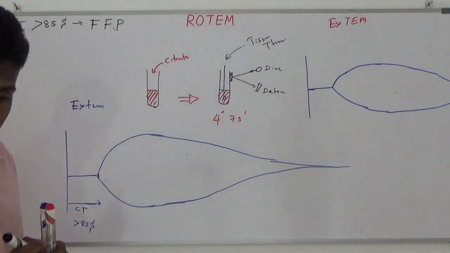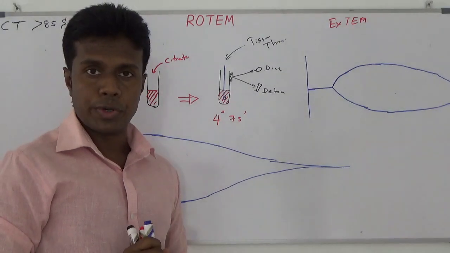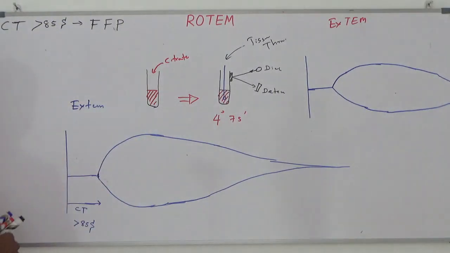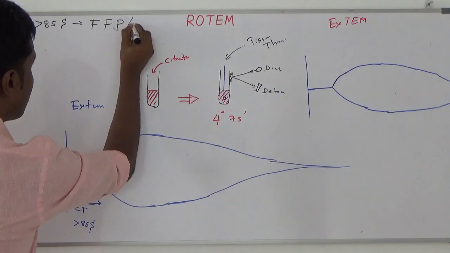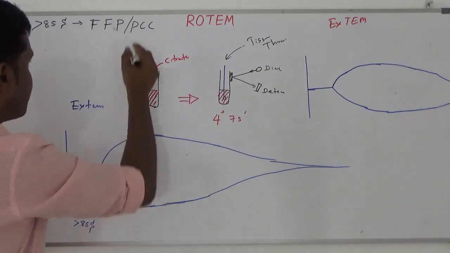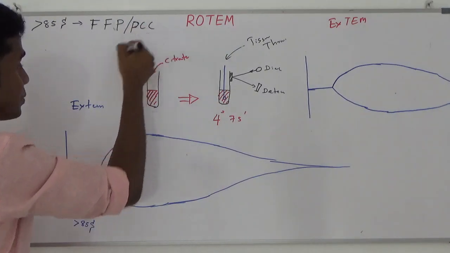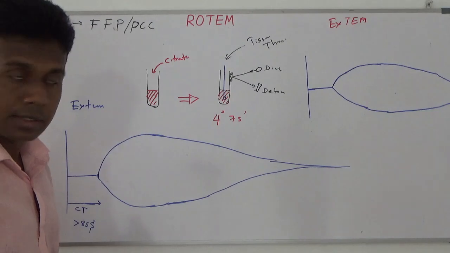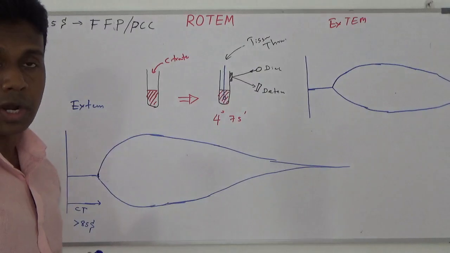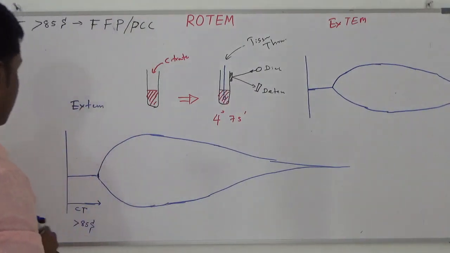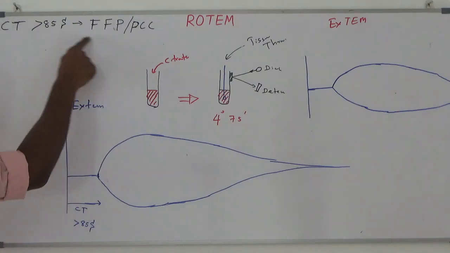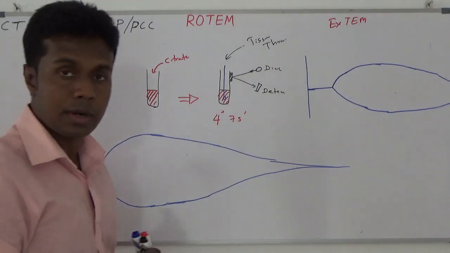If you think your patient is volume overloaded, you can't give a larger amount of fluid. In that case, you can give prothrombin complex concentrate. PCC you can give, but beware, some patients were found to have increased mortality with prothrombin complex concentrate, like in sepsis patients or DIC patients, you can't give prothrombin complexes. So if you have a high clotting time, you have to give FFP or prothrombin complex.